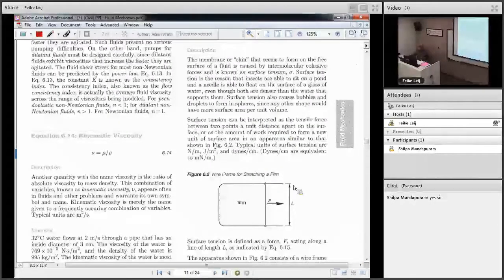In the SI system, newton per meter. Because the values are so small, it's often also expressed in